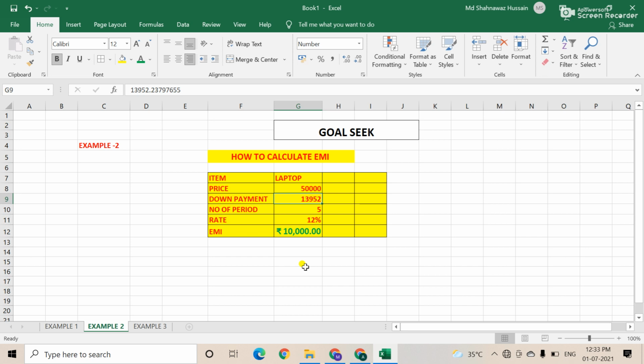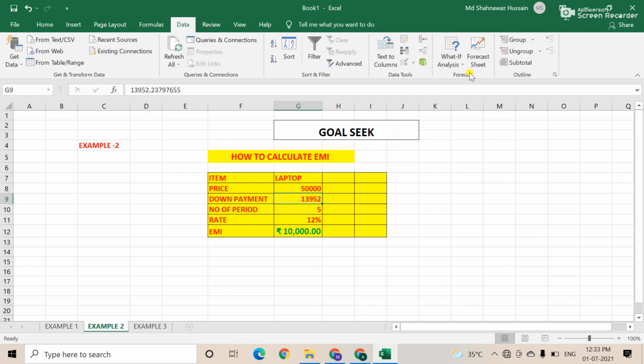This is the use of GoalSeek, and it is very useful nowadays. GoalSeek is used in every sector. So again I am repeating, goal seek is a method of solving for the desired output by changing inputs, whatever you want to change, and it calculates the value by performing data What-If Analysis.